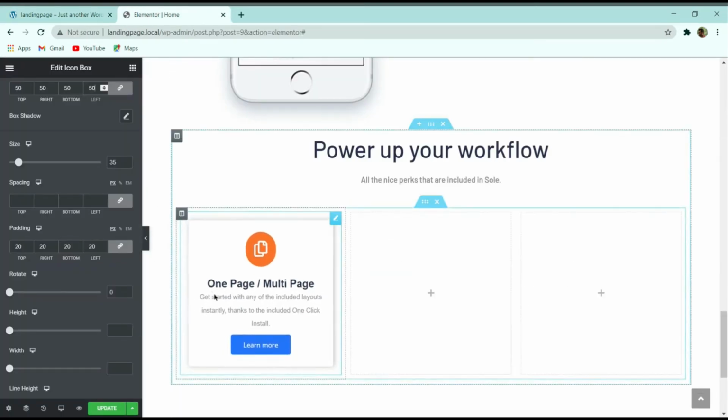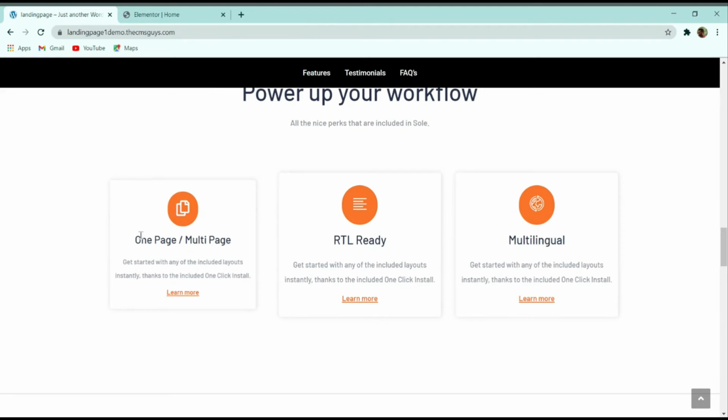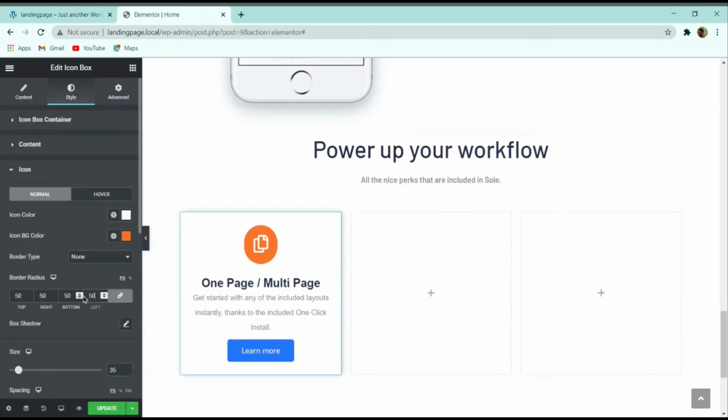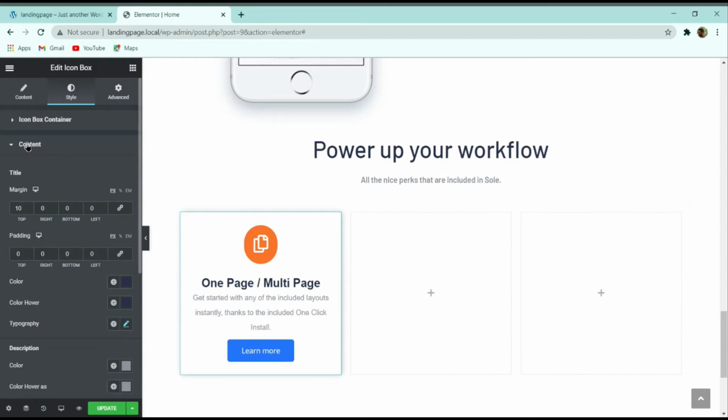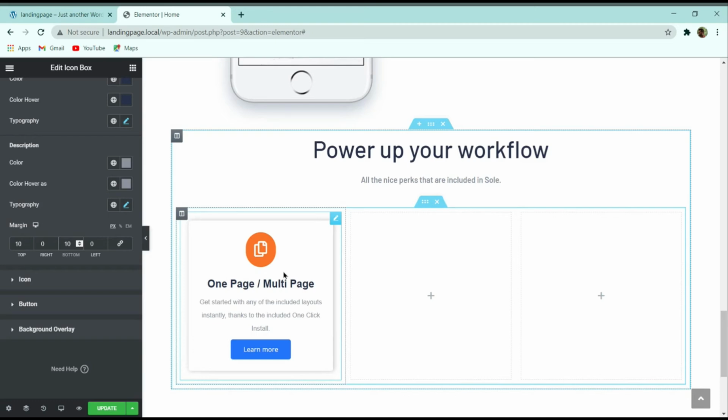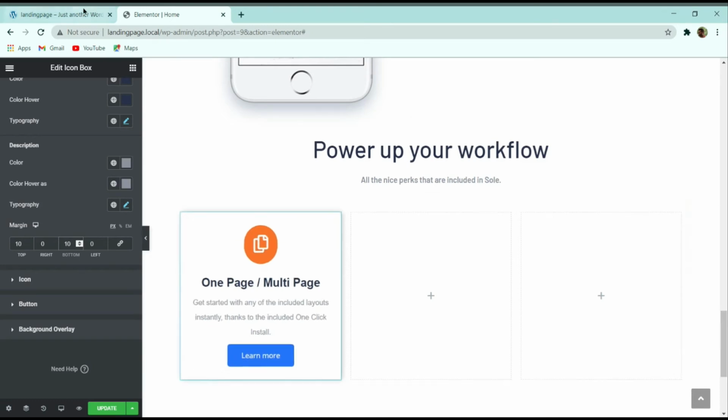So basically here you can see that there is a gap between this title part and the description part, but here we don't have any gap. So to create that gap, again we can go to this content, and here you can see this margin option. Simply unlink it, and here you can give a top margin of 10, and also give a bottom margin of 10. So now let us customize the button.